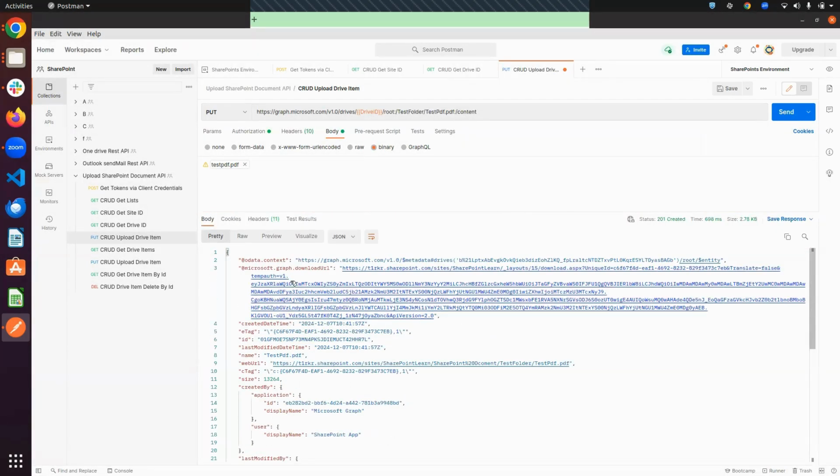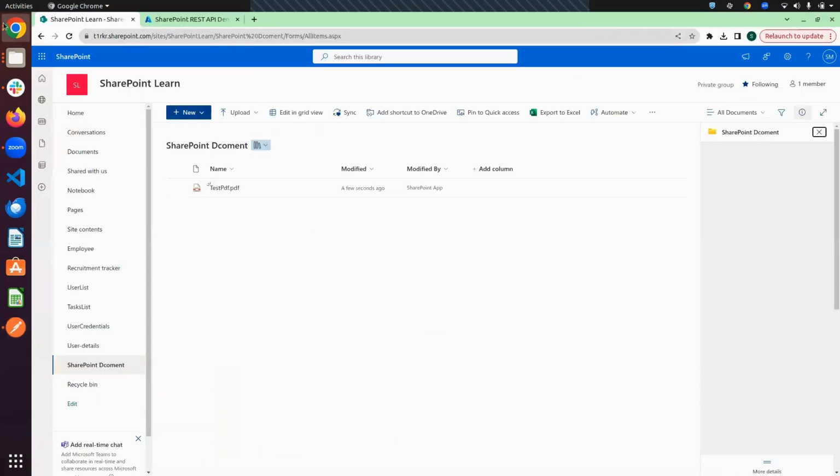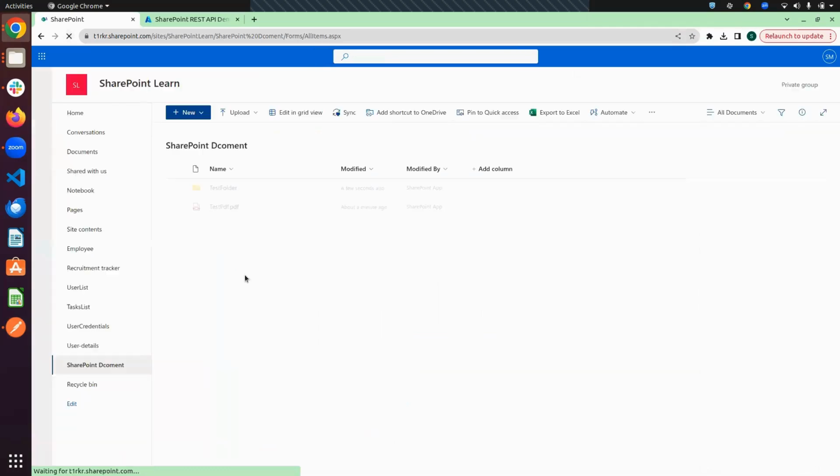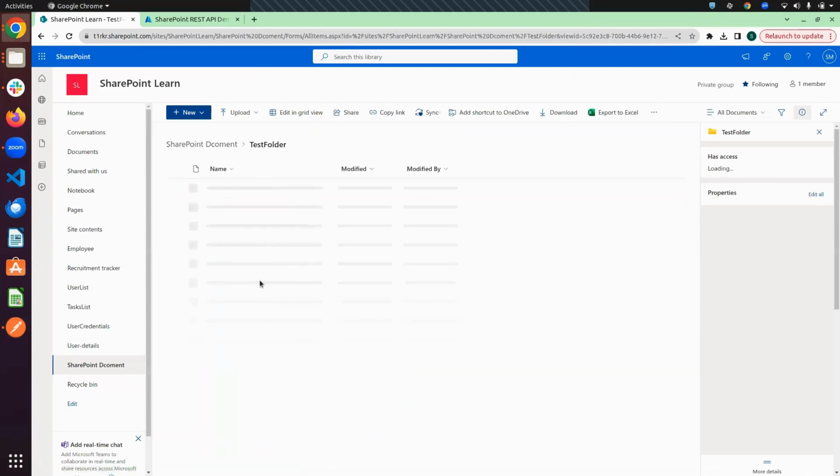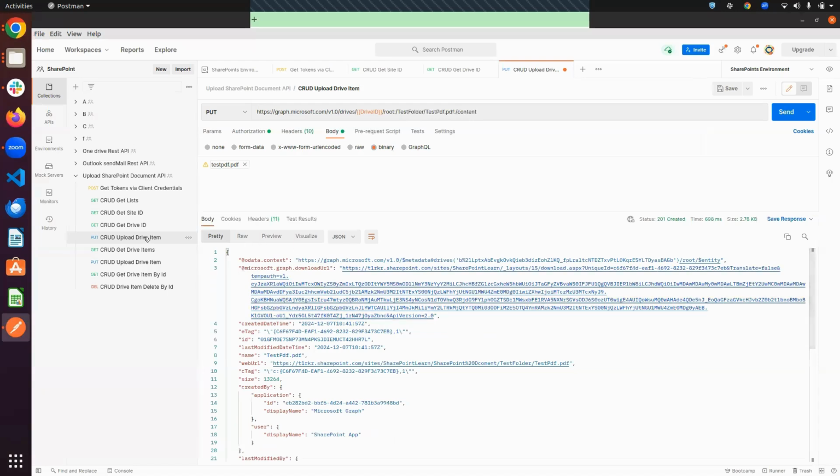So our file is successfully uploaded, and I am refreshing this. You can see our test folder is successfully created, and inside you can see the file is also showing here. So this is the process to upload a document in SharePoint.